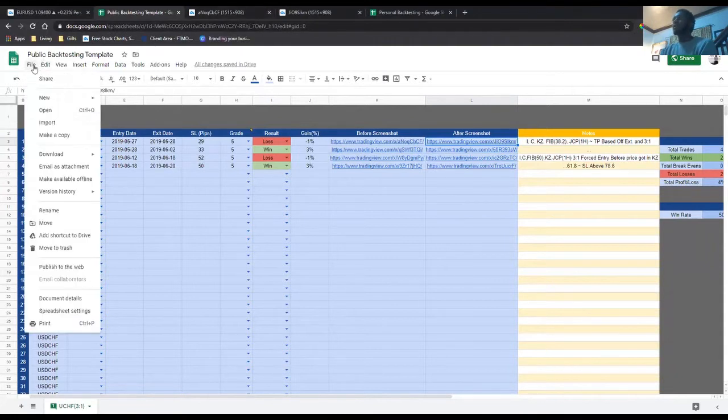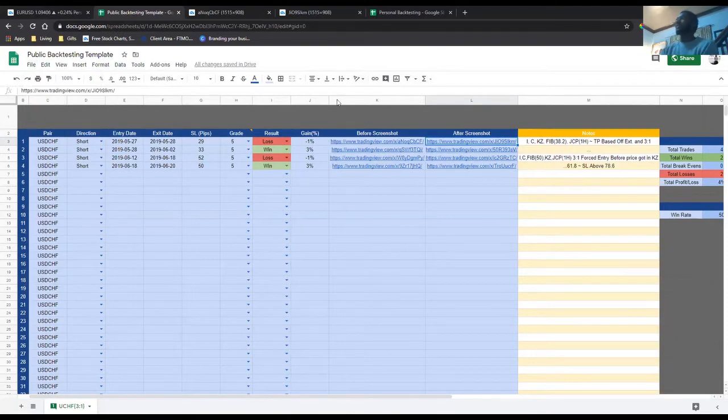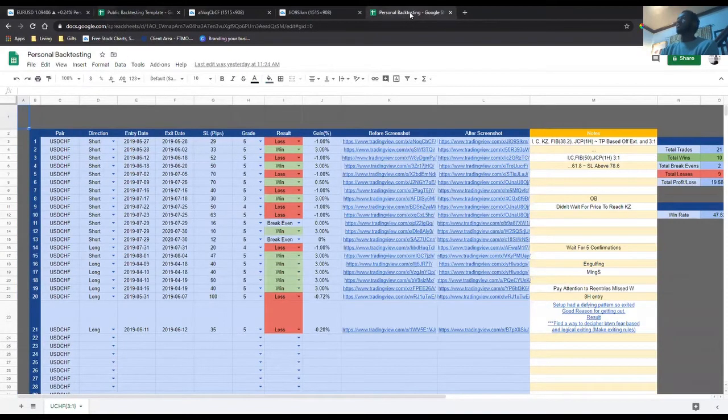What you want to do is go to the file up here in the top left, make a copy, and copy it to your own Google Drive. You'll have access to it and nobody will be able to edit it for you, right? So I actually have my own personal section, and this is actually of my backtesting